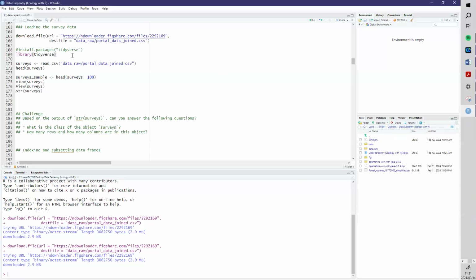we are either moving files to data underscore raw, or you've used this line of code, apologies, and everything ran. And now you have a data set called portal_data_joined.csv in a folder called data_raw. Right. So